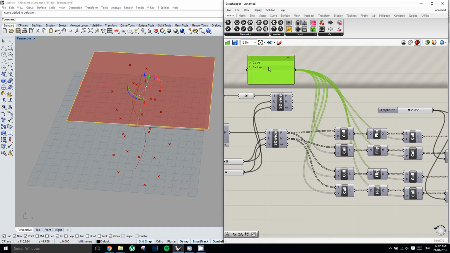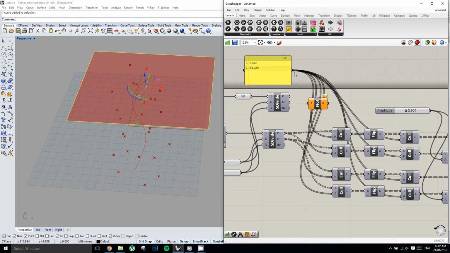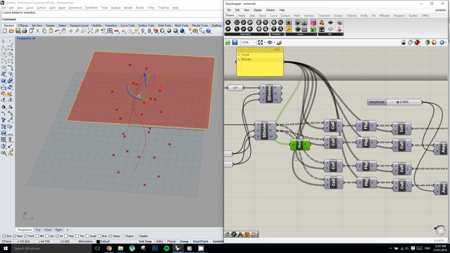And the way we can do that is using what's called a NOT gate. A NOT gate is a simple logic operation which flips true and false values. So a false will now equal a true, and a true will equal a false. And so we'll plug this into our cull pattern,